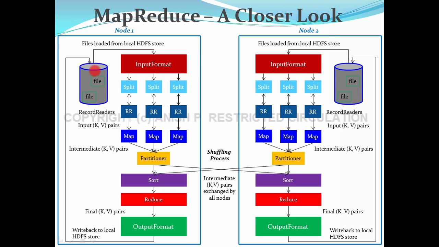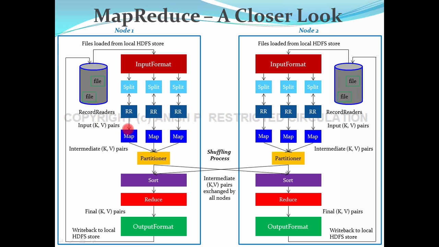This is the overall actual flow of the MapReduce job. What is happening behind the scene? Input format defines how to read the data and defines the input split, which helps the record reader. Input split is a logical representation of your block. Record reader actually loads the data from HDFS, converts the data into key value format and gives the